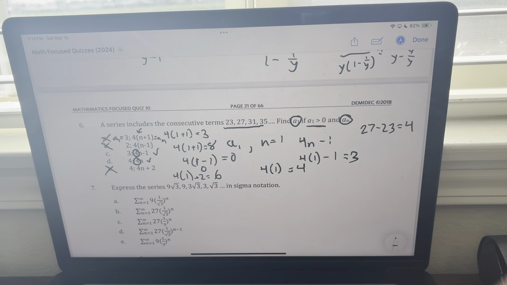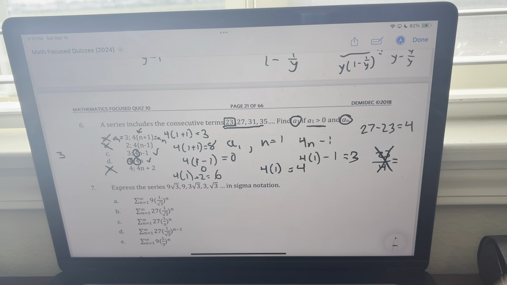However, if the starting term was 4 and we're adding 4 each time, then each of these numbers should be a factor of 4. So that means they are able to be divided by 4 without being a weird fraction or decimal. And that does not work if you have the first term of 4. But if you have the first term of 3, and then you multiply 3,